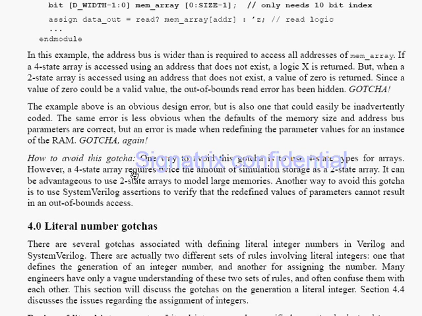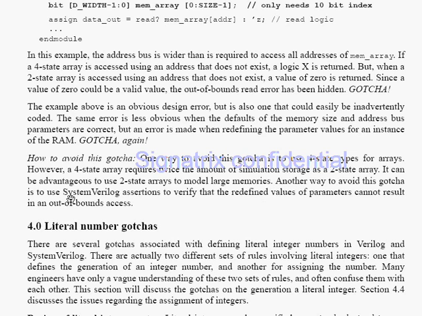However, a 4-state array requires twice the amount of simulation storage as a 2-state array, so it can be advantageous to use a 2-state array to model the large memories. So if you are going with 4-state type arrays, the simulation efficiency will decrease, because we need twice as much memory as required for 2-state simulations. So instead of that,